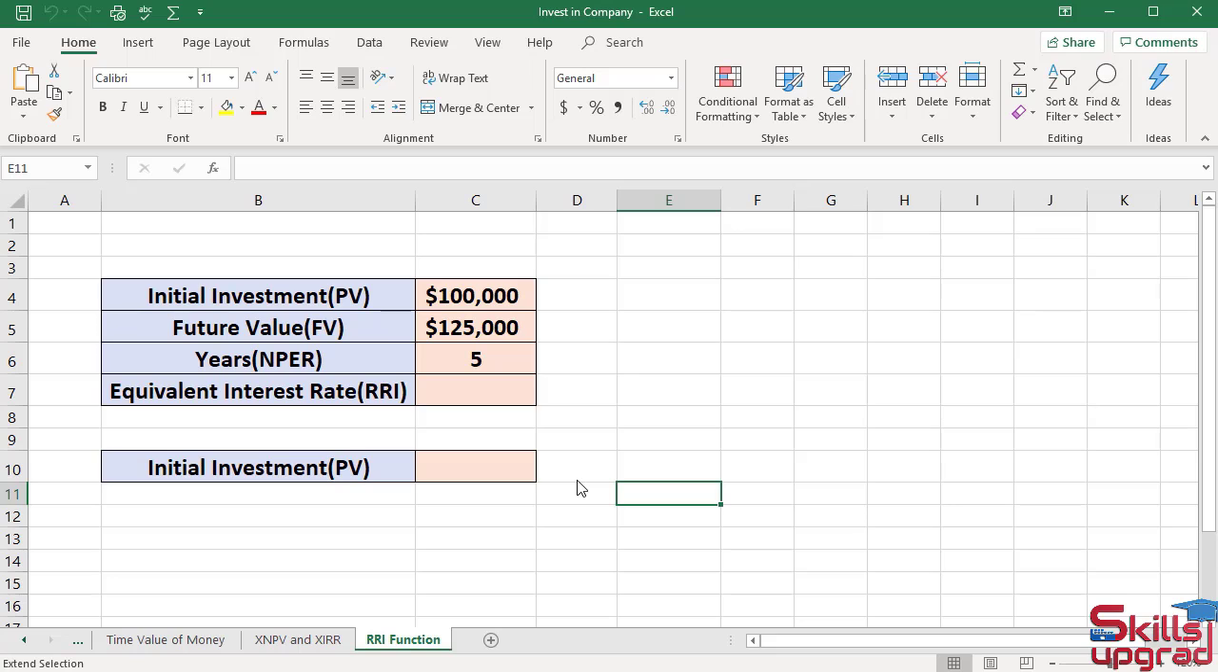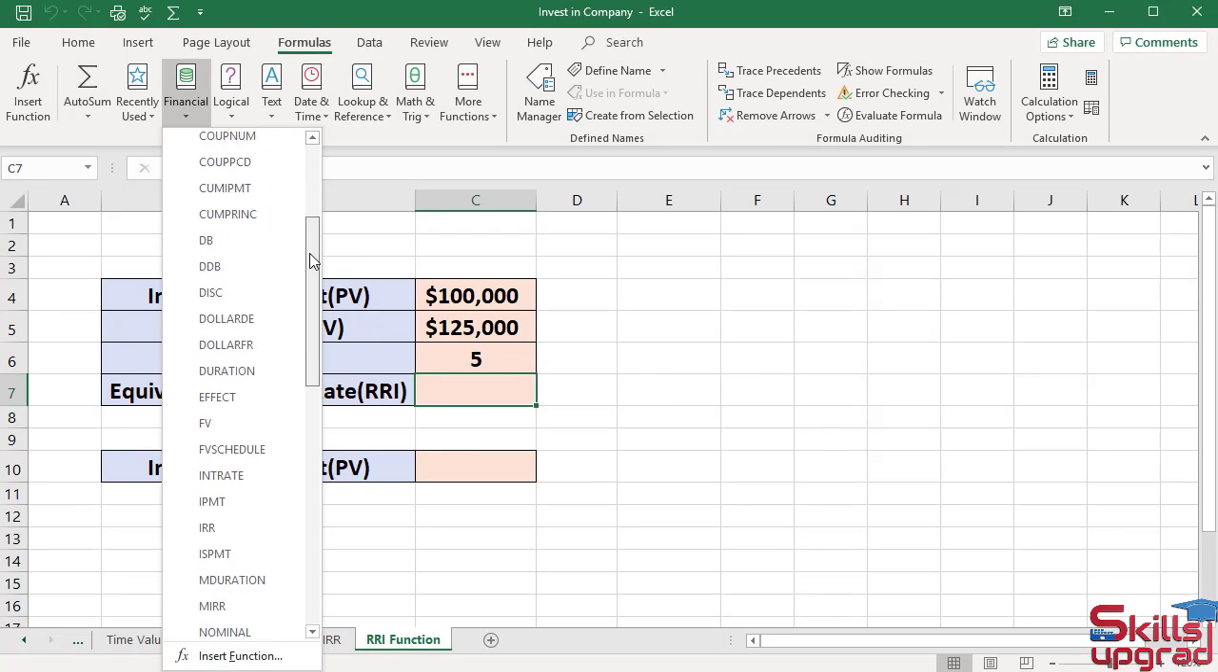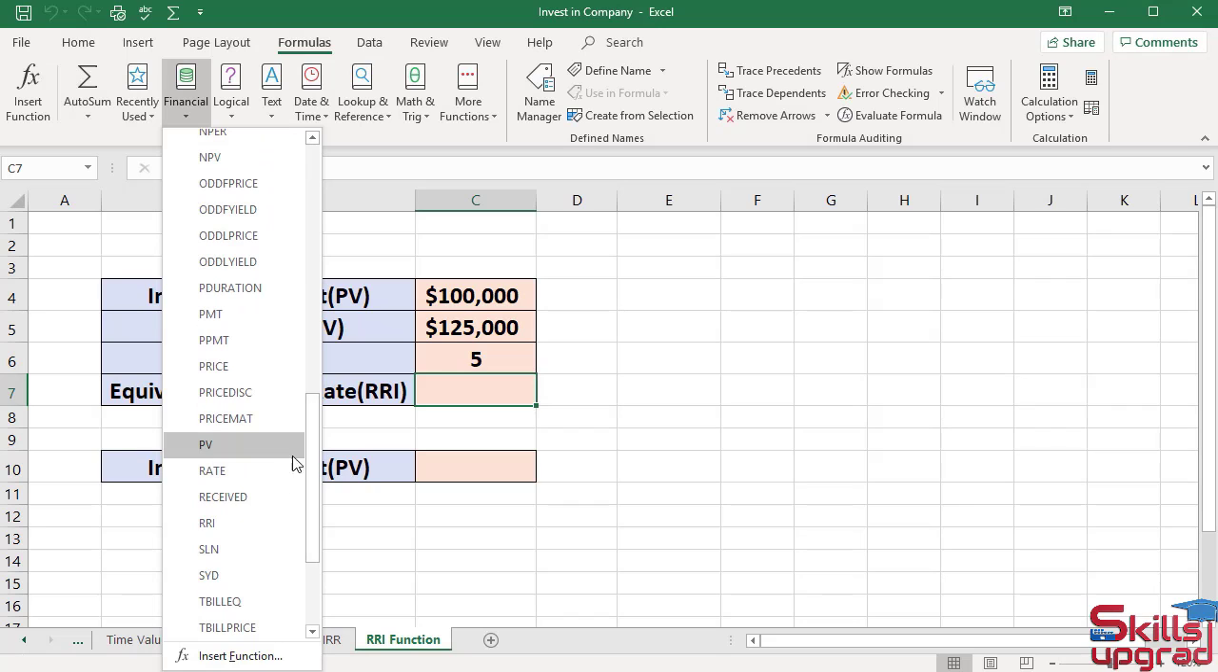Suppose I invest $100,000 in a company. I assume after 5 years, I will receive a total amount from the company of $125,000. To calculate the equivalent interest rate, active cell reference C7, click Formulas tab, click Financial arrow button, scroll down, click